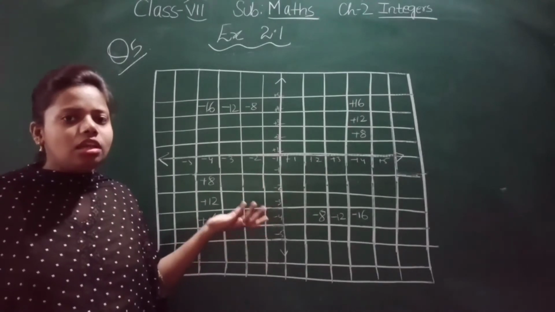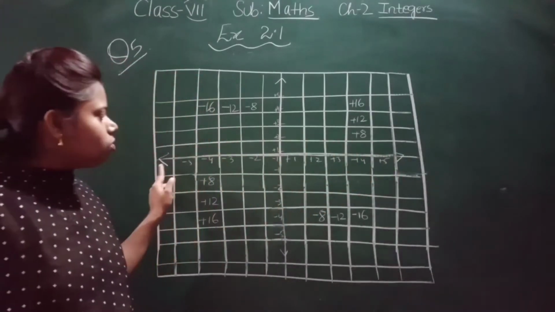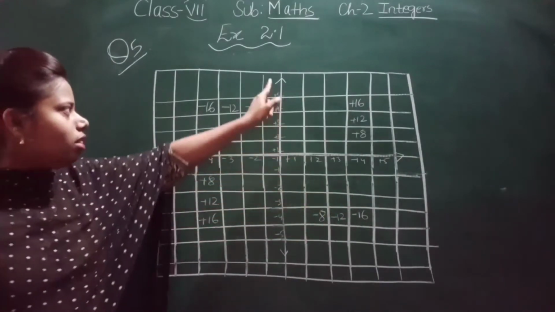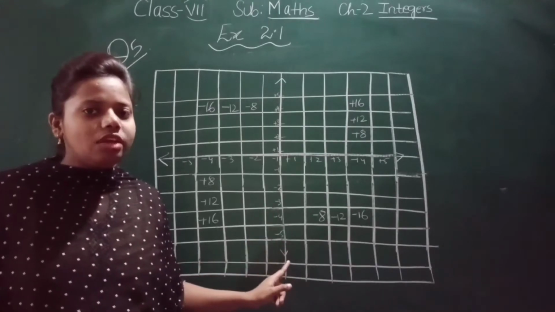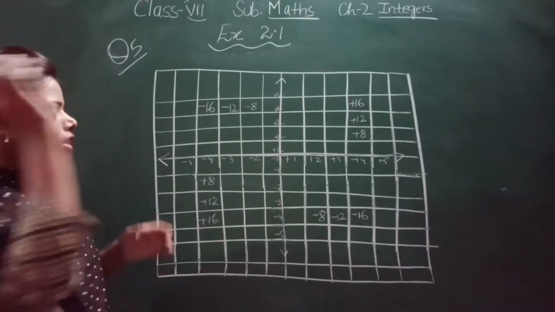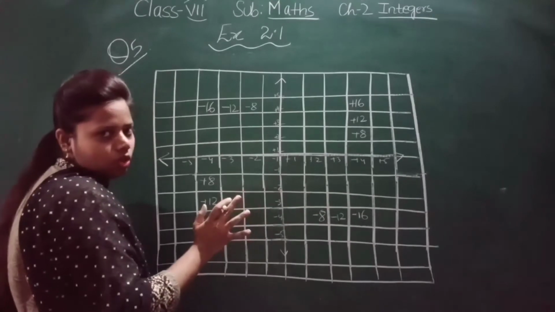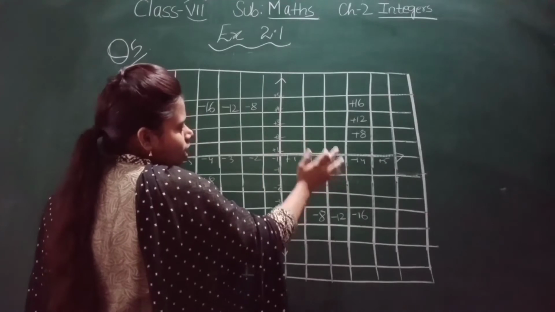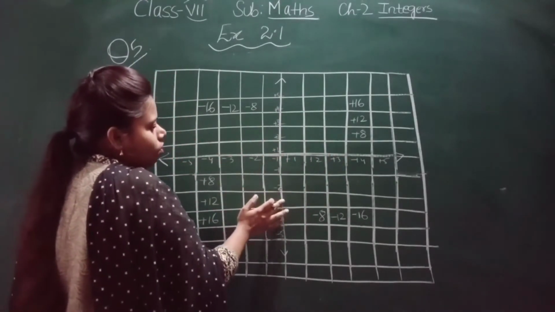Now let us see how to fill it. You can see here that I have made one line and an arrow. This one we call the x-axis. You have learned graphs also, and this one is the y-axis. Here we are going to multiply the x-axis with the y-axis. This is quadrant 1, quadrant 2, quadrant 3, quadrant 4. Now we will multiply. In quadrant 1 we will multiply this and this, in quadrant 2 we will multiply this and this, in quadrant 3 we will multiply this and this, and in quadrant 4 we will multiply this and this.